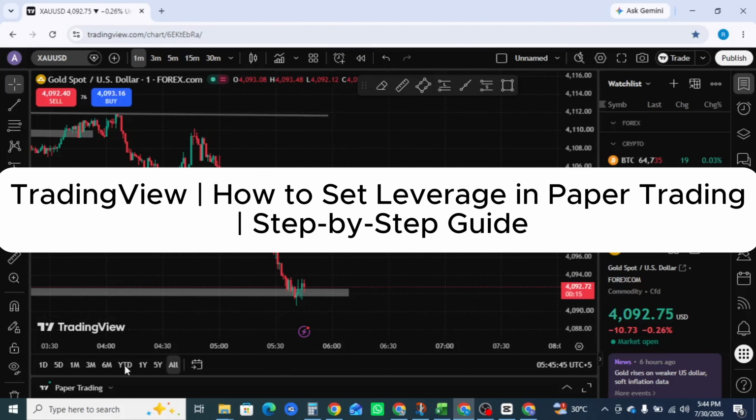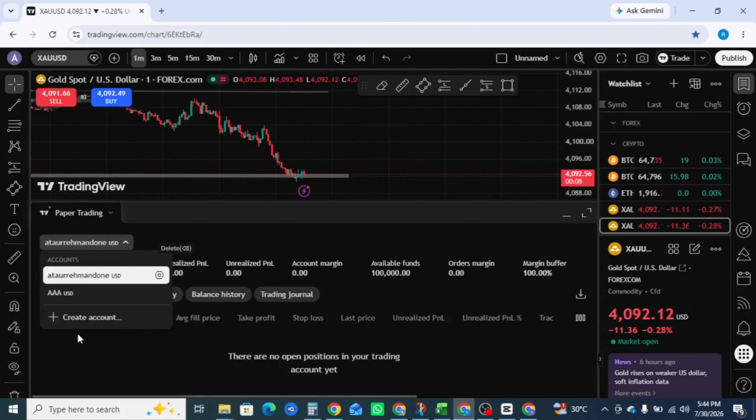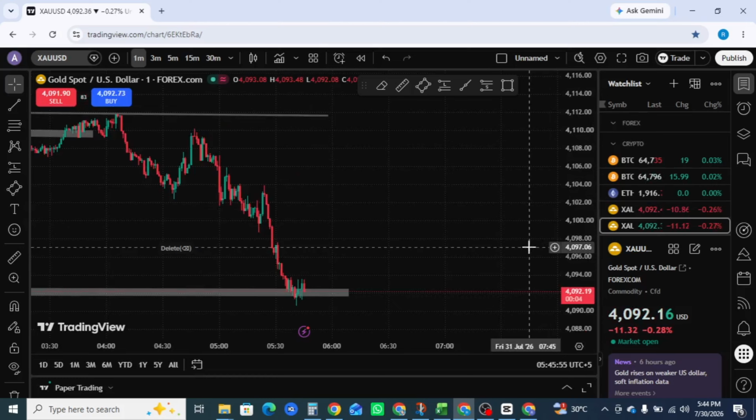TradingView How to Set Leverage in Paper Trading Step-by-Step Guide. In this video, I'm going to show you how to set leverage in TradingView paper trading. If you want to simulate margin trading with realistic leverage settings, this tutorial will walk you through the entire process